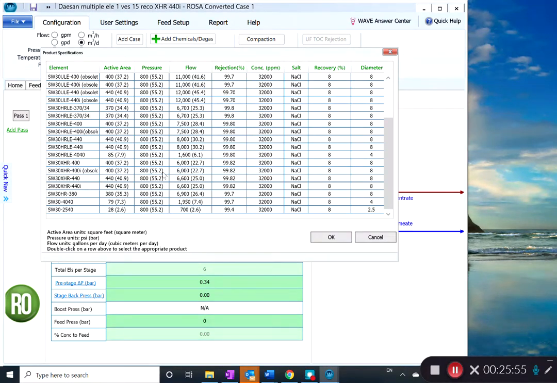Pressure is 55 bar. So this is the American unit, and this is the SI unit. So we just look at the bracket for the SI unit. 37 square meter of one element's membrane surface area. Pressure is 55 bar, and flow is recommended 22.7 cubic meter per day, and then rejection is